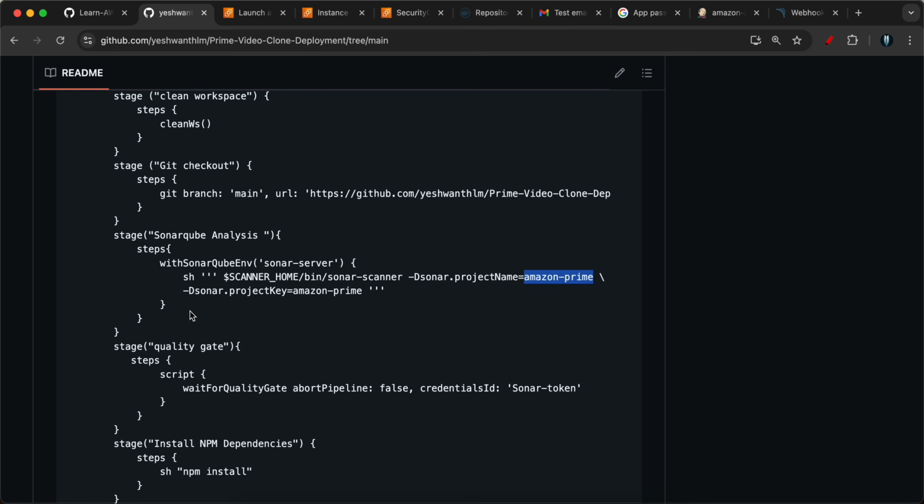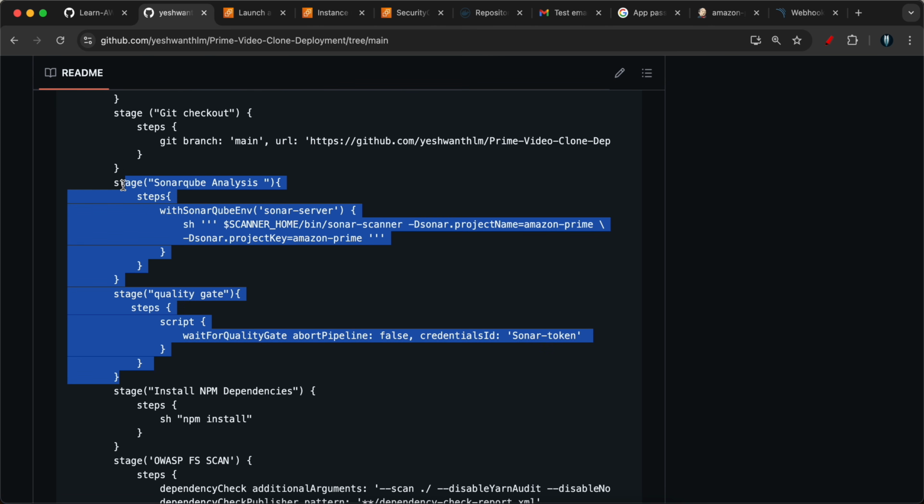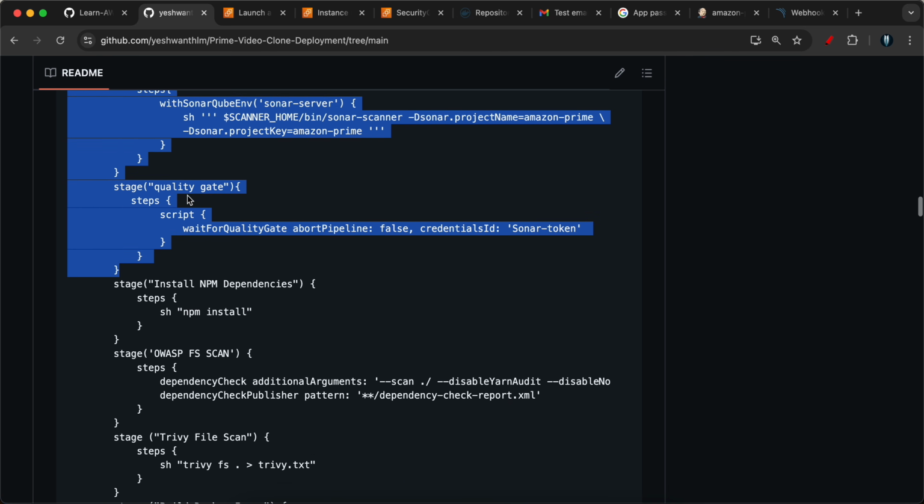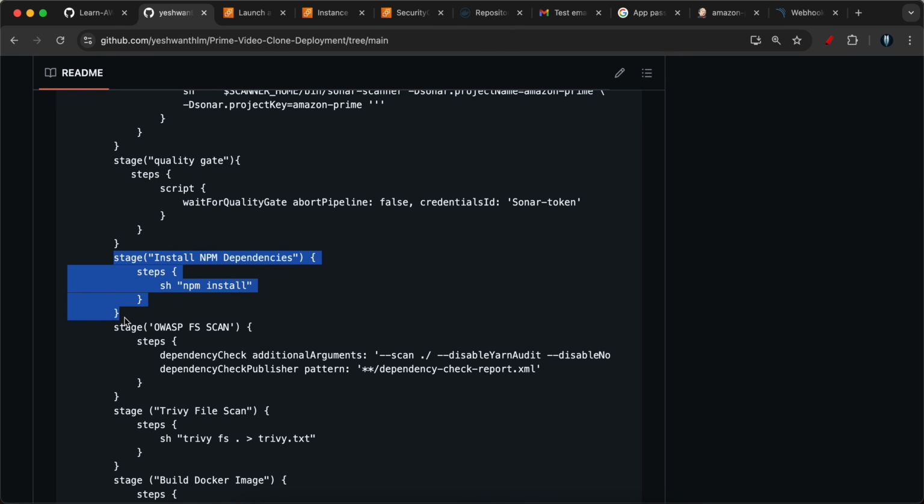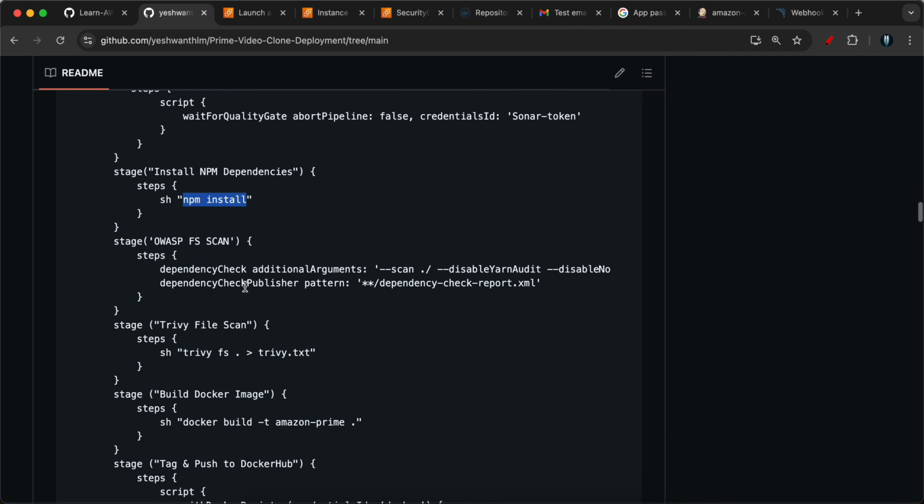Now let me come back to the code. So these two steps will scan the code and let us know if there are any issues. And next we are installing the dependencies by running npm install. Once that is done, it is also going to run the OWASP scan, that is scanning the files. We recently found issues with log4j and all, right? So if there are any issues with the dependencies and things like that, they will be found in the OWASP